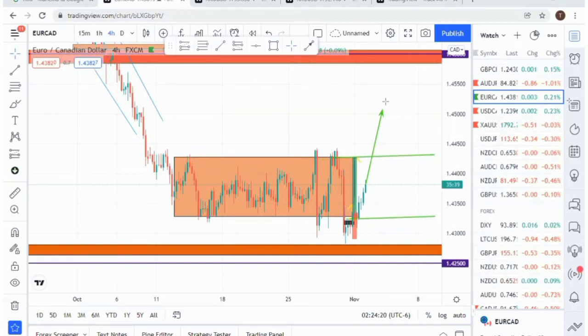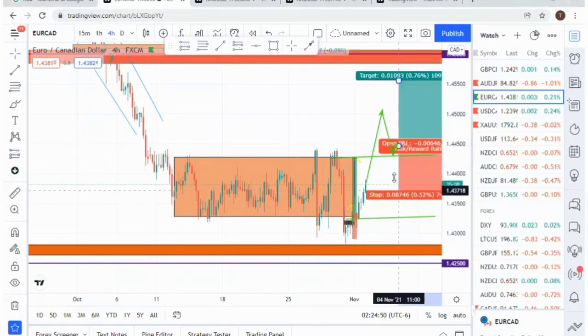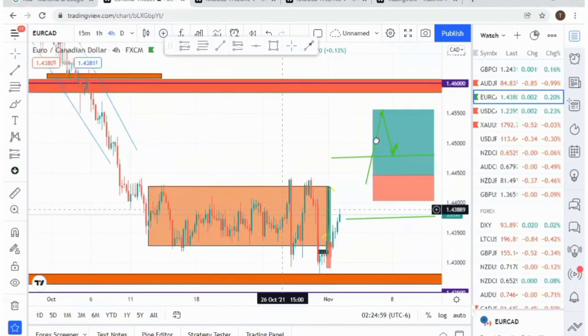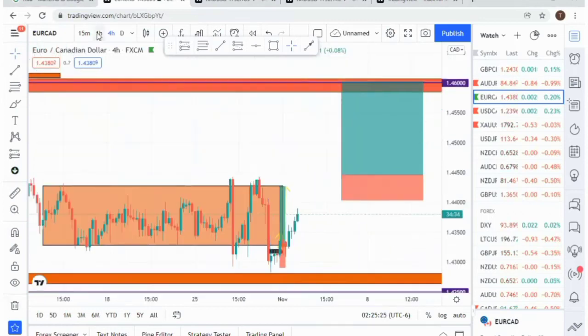So retest it. Then when it retests and gives us a kind of bullish engulfing candle here, we are going to hop in somewhere here, then our stop loss just below here, and our take profits, you already know where it is going to be. Our take profit is obviously going to be all the way up here. So that's it for this particular pair. Let's go to the next pair, which happens to be